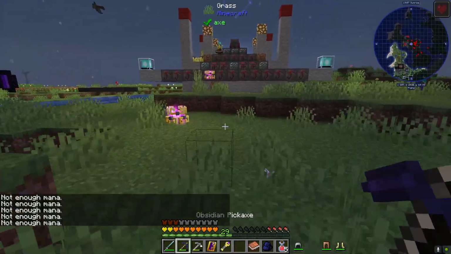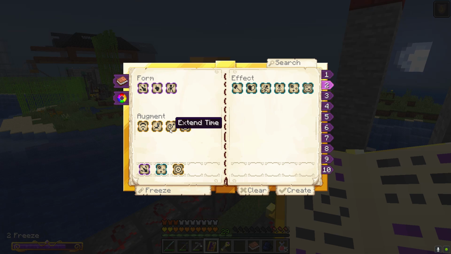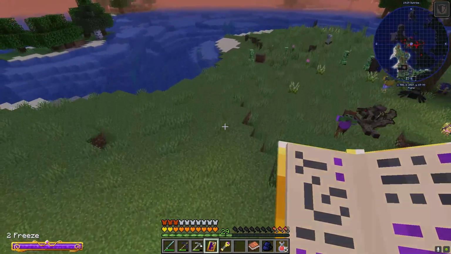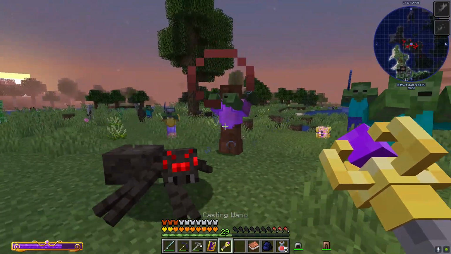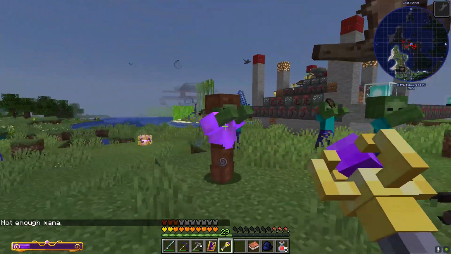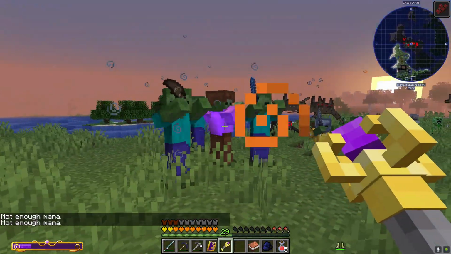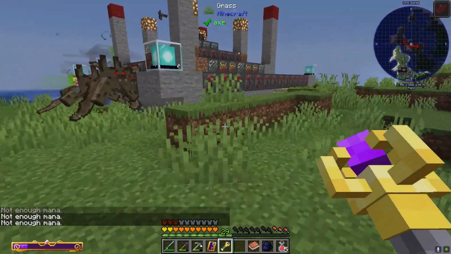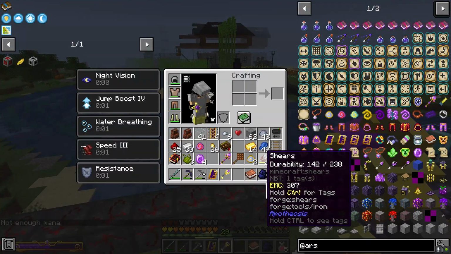But honestly, having some duration on the freeze would be good. So let's cut out one of the AoEs and let's do Extend Time on it. Create. That way it lasts a little bit longer for us. So now if we were to come out, we'll hit that one. Oh, there we go. I think I was lagging for a second. Boom. Yeah, there we go. So big AoE damage. Not a huge radius at the moment, but we're kind of limited on mana unless we just go fully into